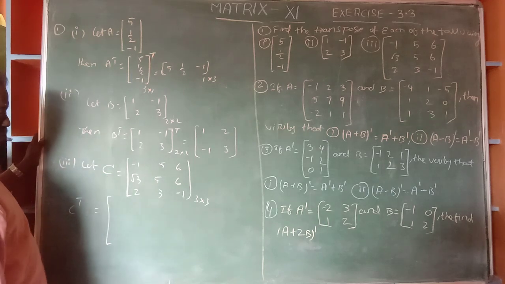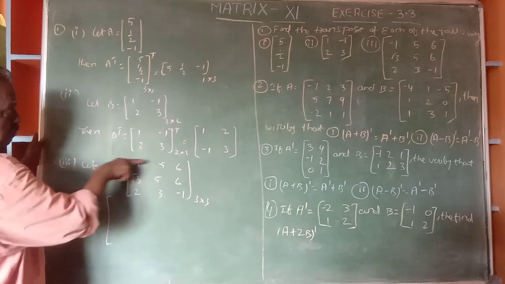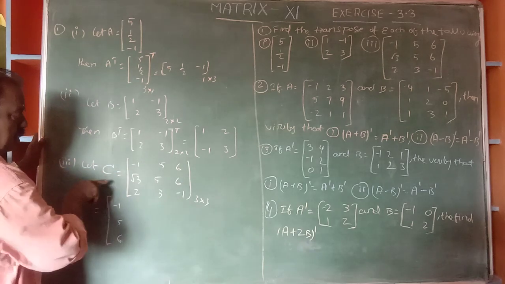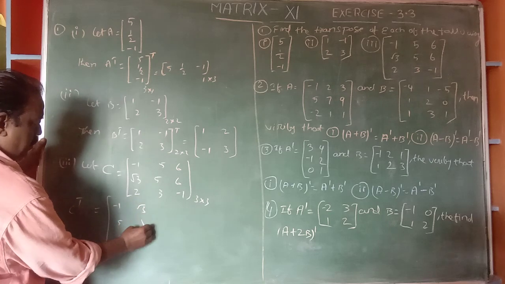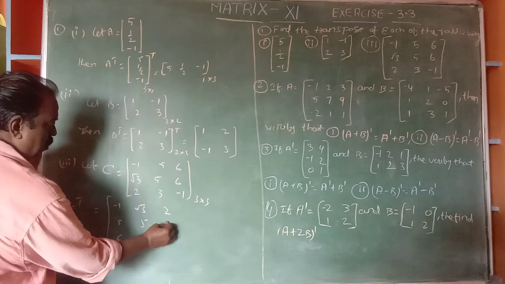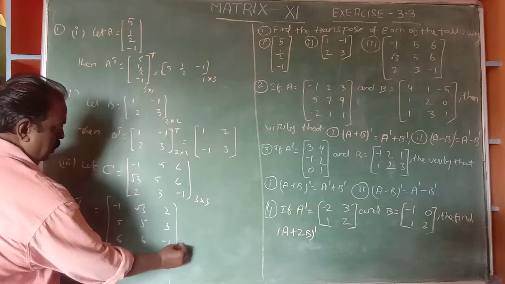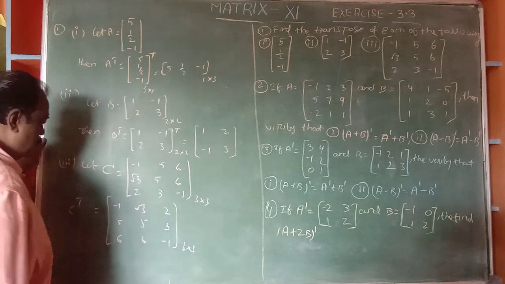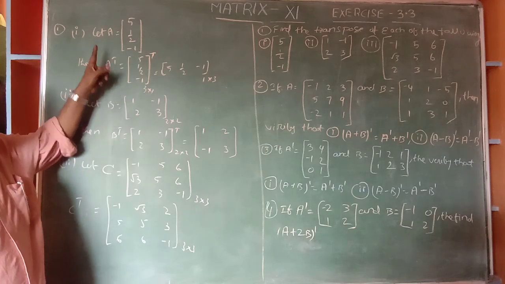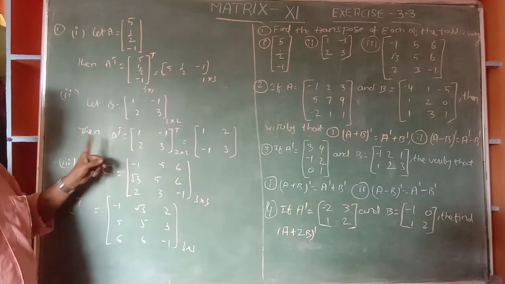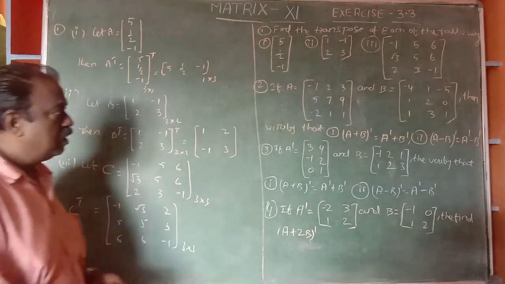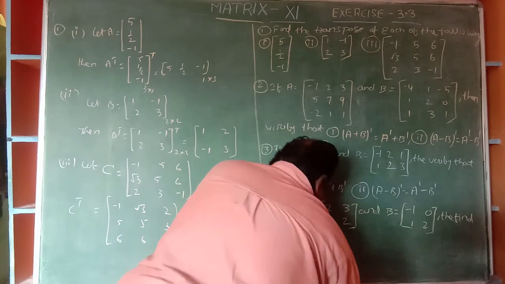I am writing directly: the first row will become the first column, the second row the second column, the third row the third column. So these are the transposes: A transpose, B transpose, C transpose. Like this. Next, we go to